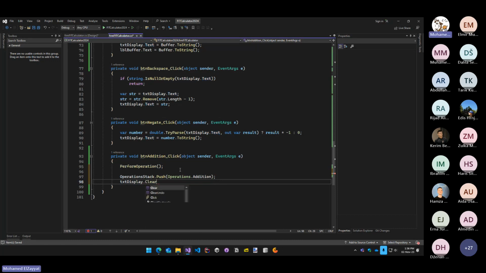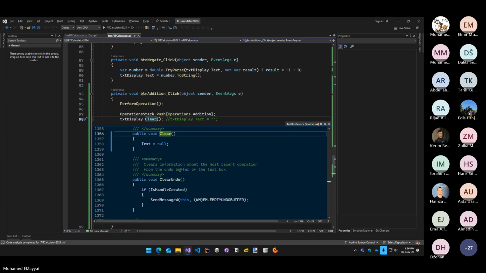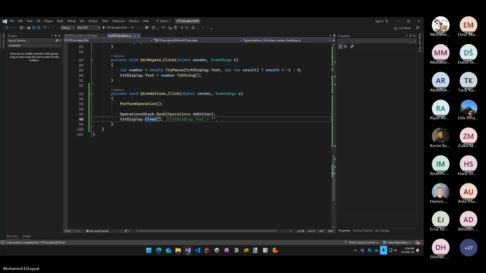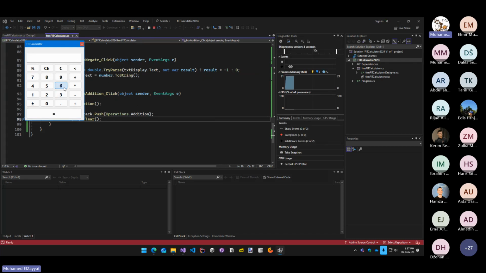U stvari mogu čak i reći clear. Jer tu isto ti je kao txt display.text equals prazan string. Isti ti stvar. Otprilike, reći tako. Let me see, can I actually see the source code of clear? Bukvalno kaže null. Evo. So we actually take this out. E sad kad ja pritisnem ovdje F5, ja mogu reći ovako 3 plus 6 plus 5